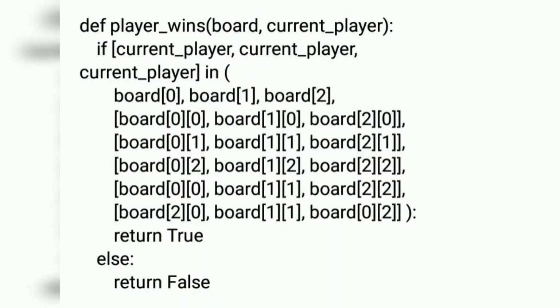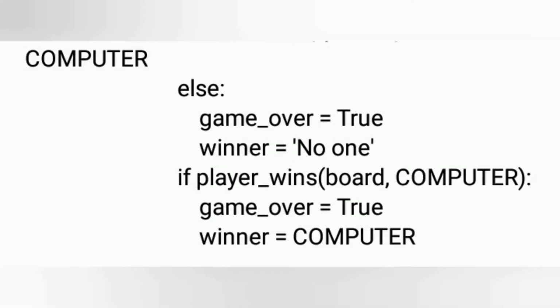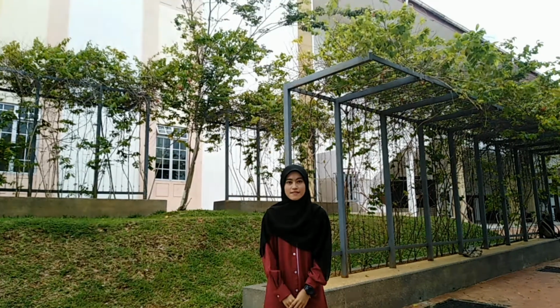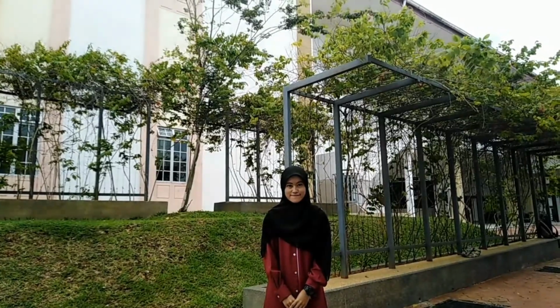The next coding is to tell the program some probabilities that have been set in coding.